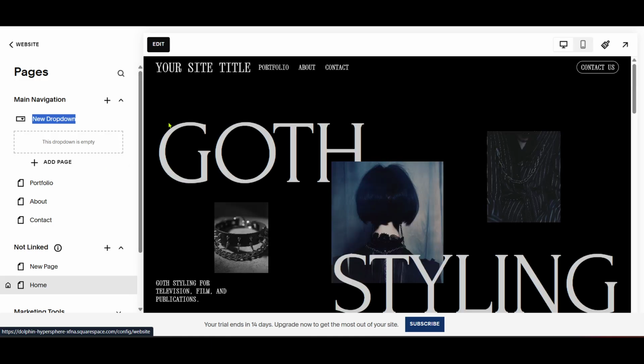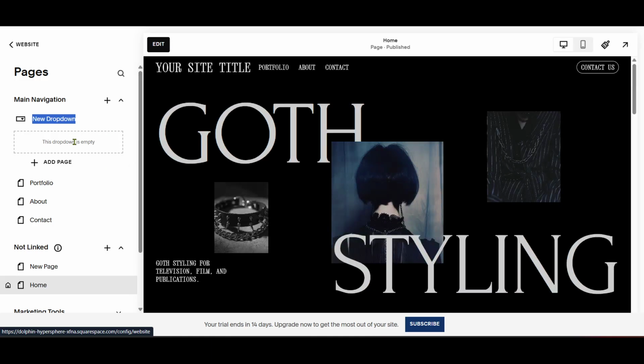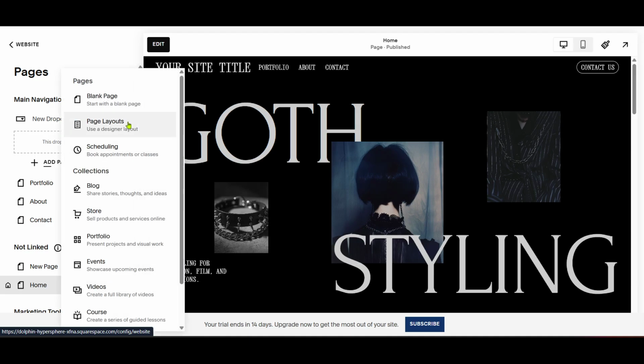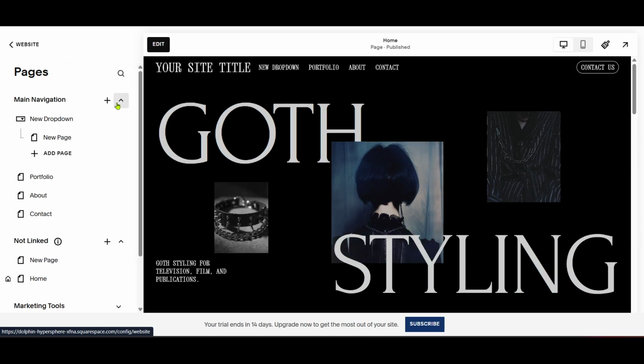It's important to note that naming your drop-down folder appropriately can make navigation more intuitive for your users. For instance, if your site is about travel, you might title your drop-down Destinations with subpages labeled for different locations. Once everything is set and you've organized your pages within the drop-down folder, the changes will reflect on your live site. Remember to preview your site and ensure everything looks the way you want it to before going live.